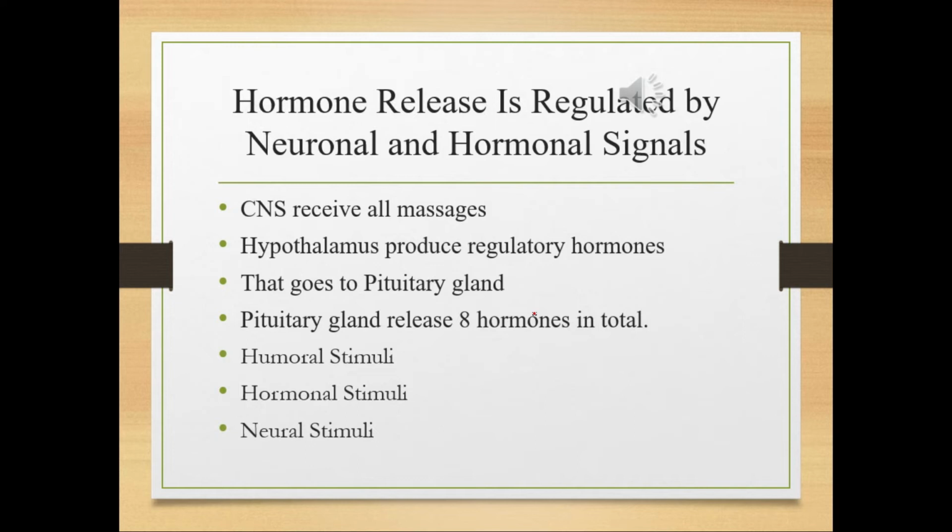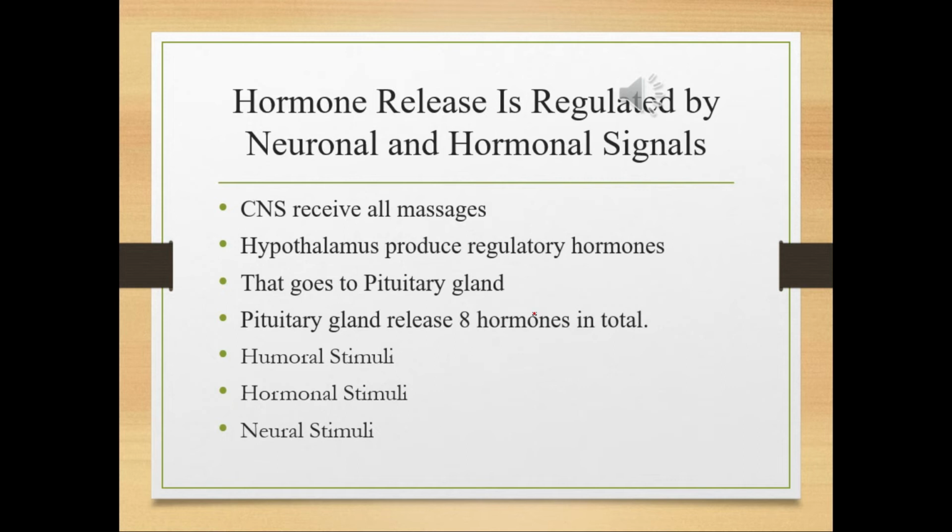The second one is hormonal stimuli. So what is hormonal stimuli? It refers to the release of a hormone in the presence of another hormone. A number of endocrine glands release hormones when they are stimulated by other hormones released by other endocrine glands. For example, the hypothalamus produces hormones that stimulate the anterior portion of the pituitary gland. So the pituitary gland is itself a gland. The anterior pituitary in turn releases hormones that regulate